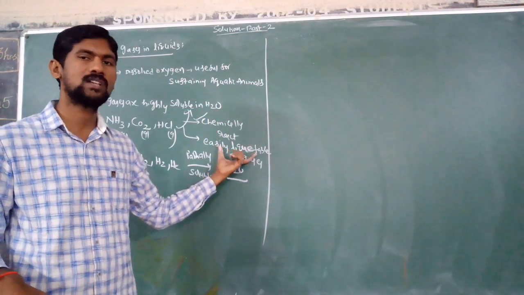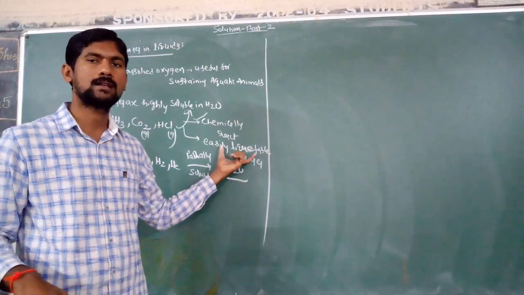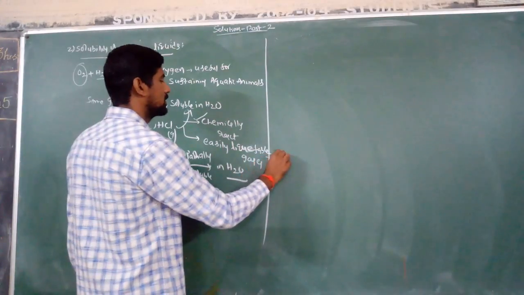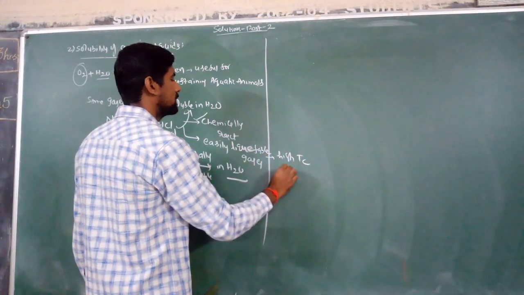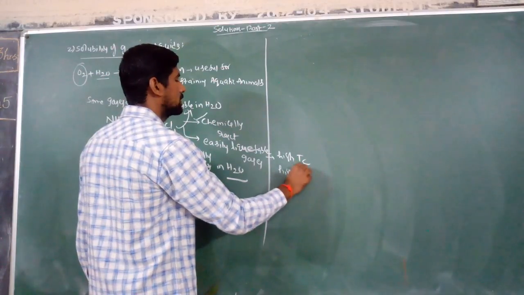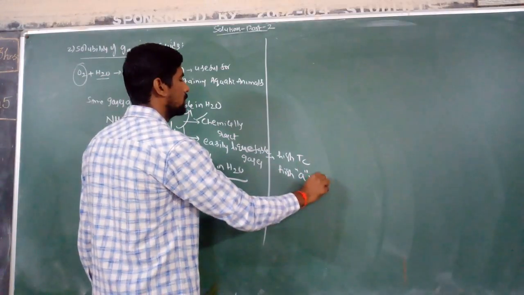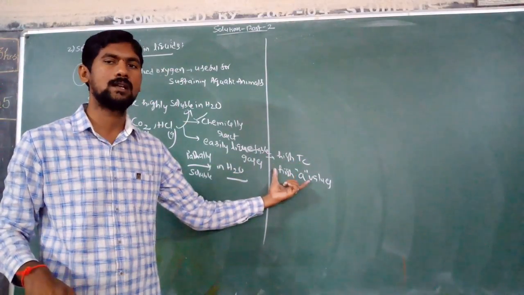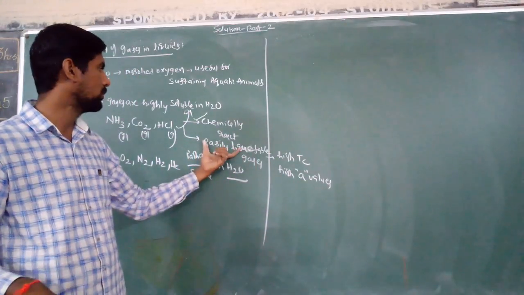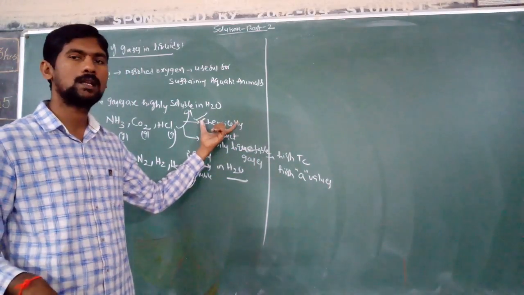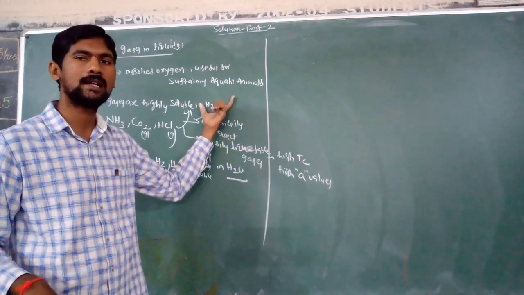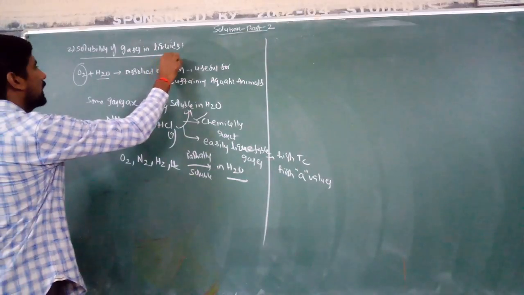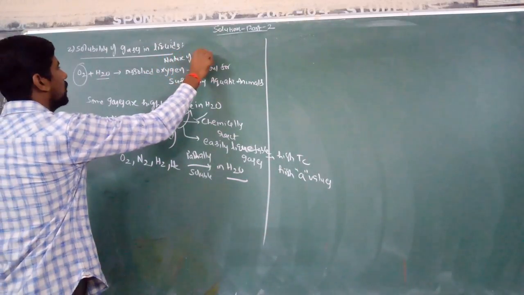For this, you must understand the states of matter concept, van der Waals constant a and critical temperature. Easily liquefiable gases have high critical temperature and high van der Waals constant a values. So easily liquefiable gases are highly soluble in water, and those gases which chemically react with water are also highly soluble in water. So this is the nature of solute and solvent.